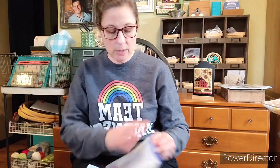It's pumpkin something. I thought I brought it in here. I had it just this morning. I'll find it and I'll put it in the comments. So make sure if you're looking for a pattern, that's where I got the Kathy Barrick, the deer. It's also where I purchased